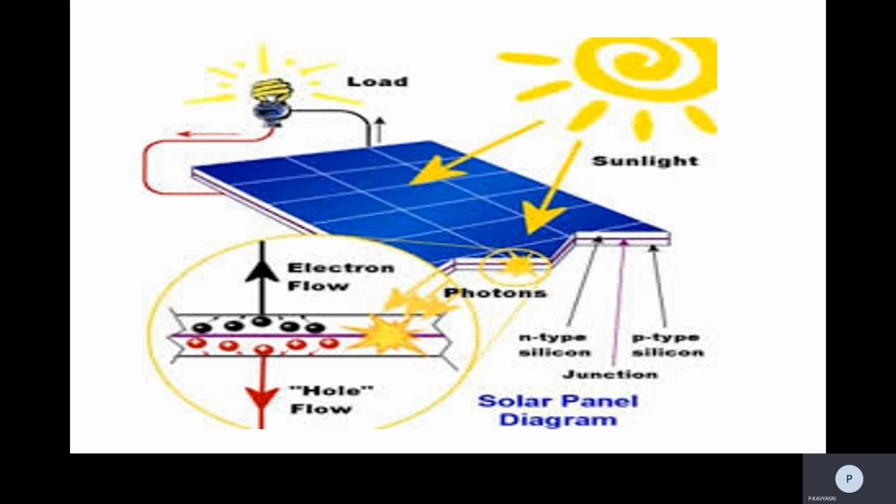And one more thing: the charge carriers, the electrons, will not move freely in this solar cell. Why? Because it is not a conductor, it is a semiconductor. We already know semiconductor means it partially allows current, whereas in conductors electrons move freely. Because of this, we place metal fingers in the construction of the solar cell, and electrons move towards those metal fingers. So it is a simple phenomenon.